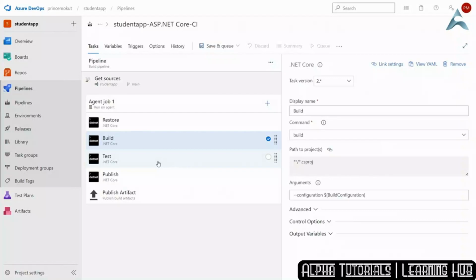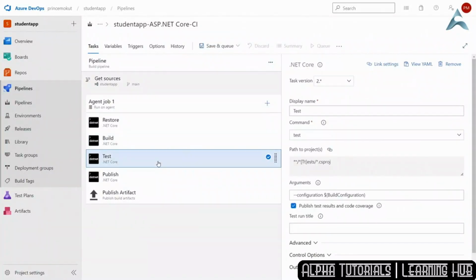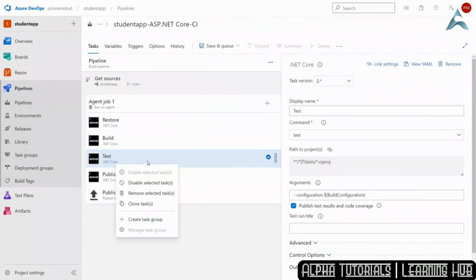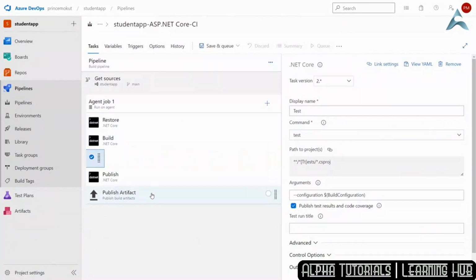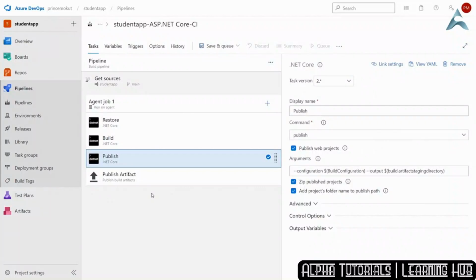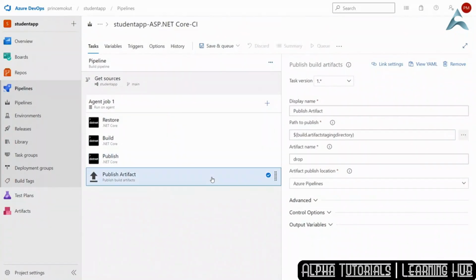I do not have any test scripts defined in my sample application, so I can either disable this task or remove it completely. To do that, just right-click on the task and then select the Remove Selected Task option. The .NET Core Publish task publishes my web project to an output, which is defined as the build.artifact staging directory. This directory is then published as an artifact that can be used in my release pipeline to deploy this application